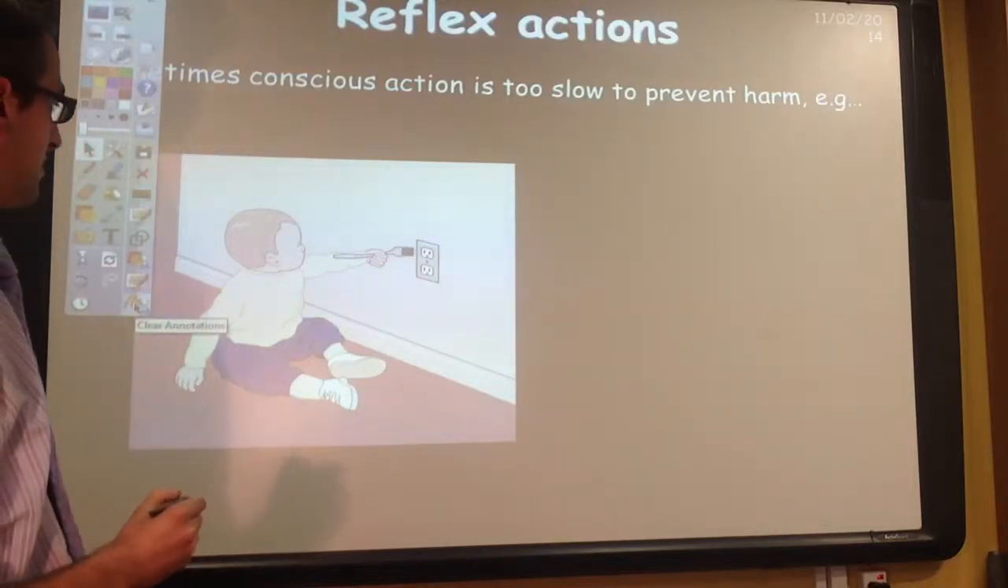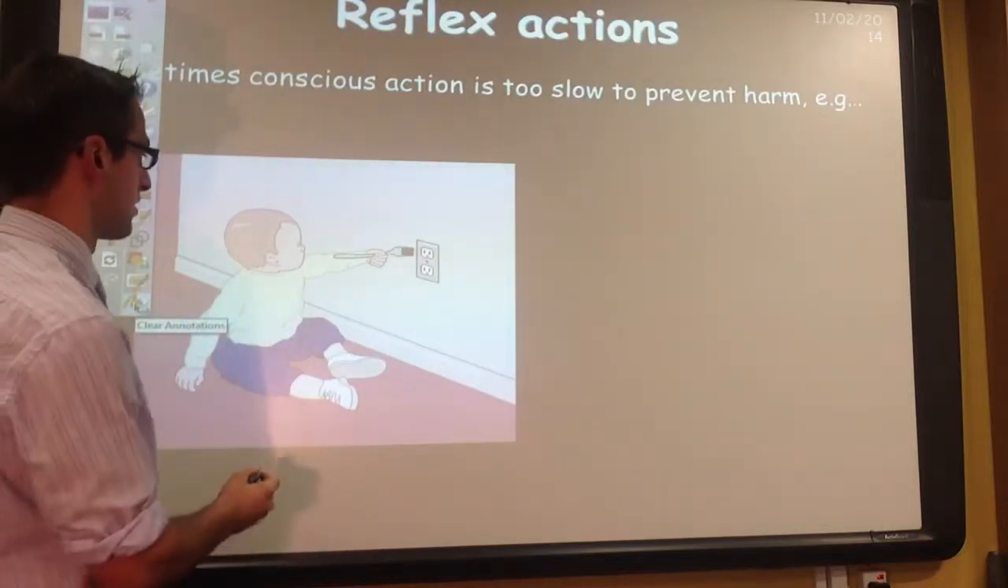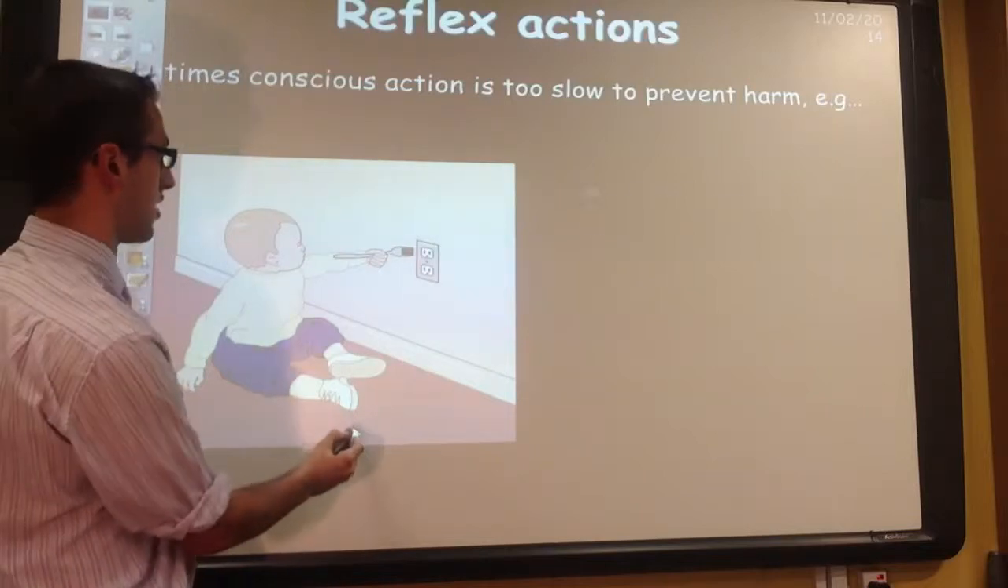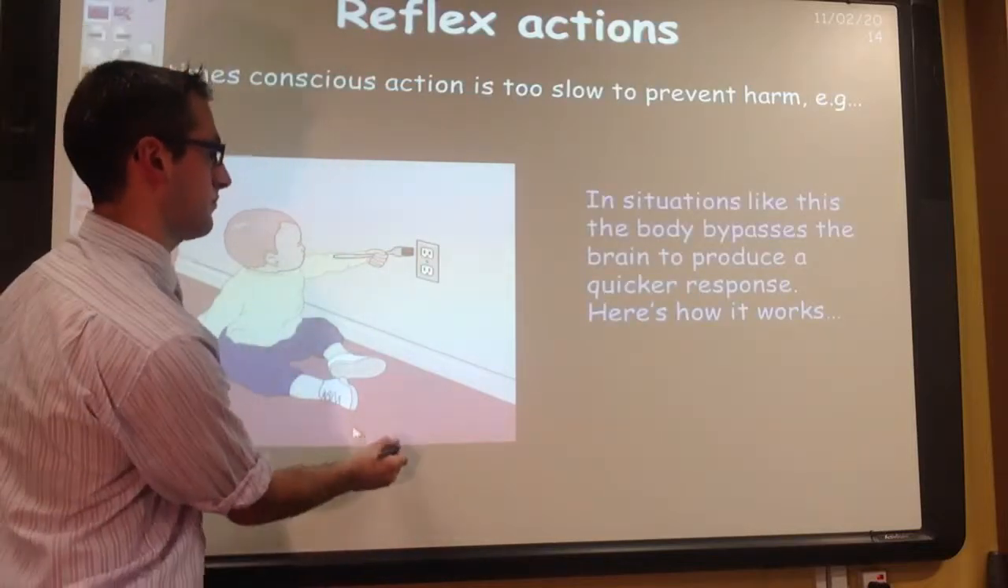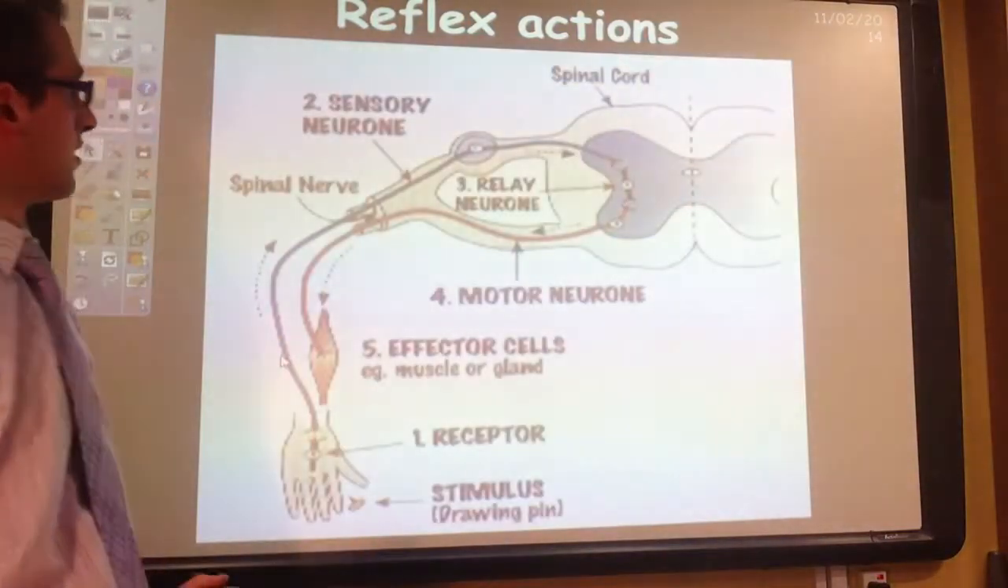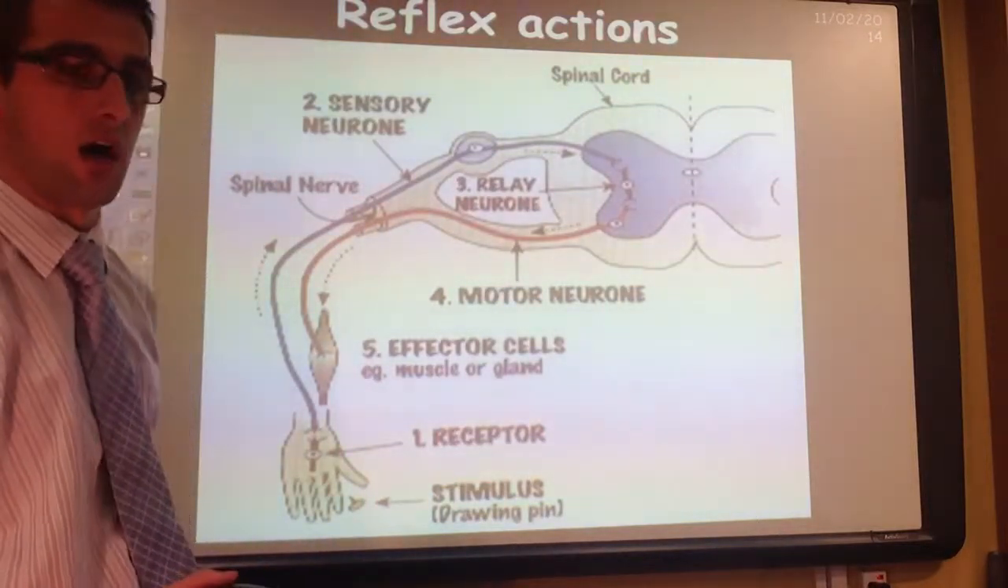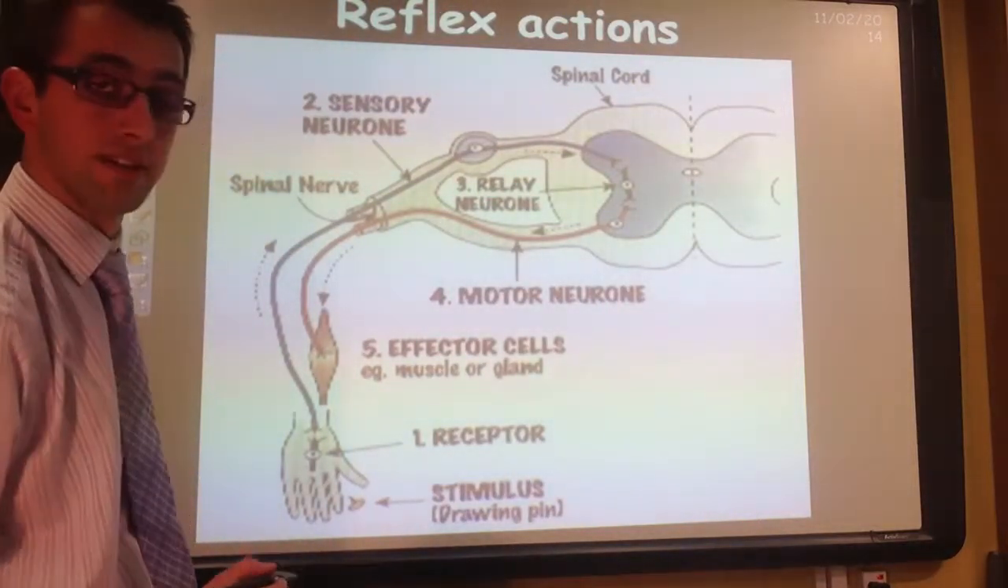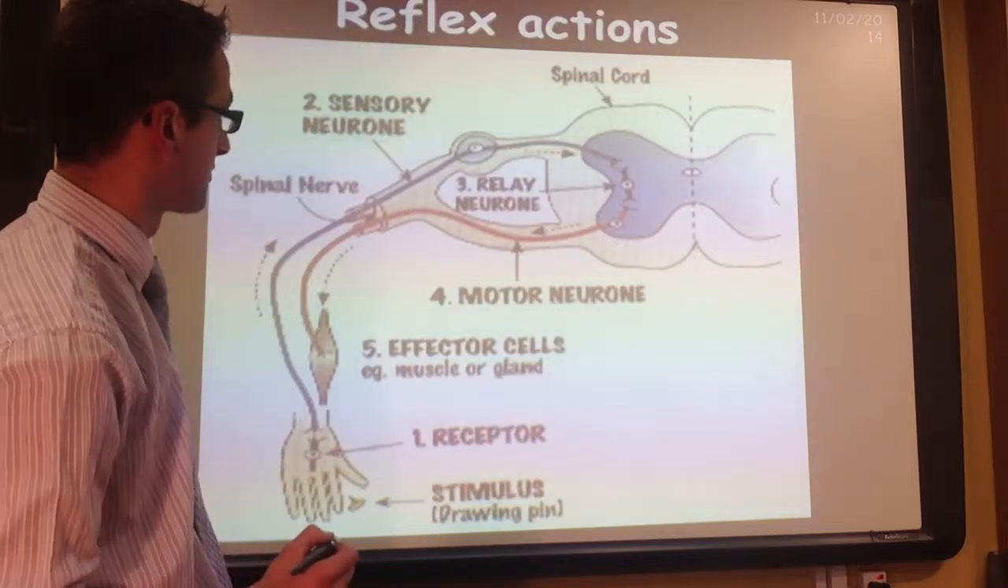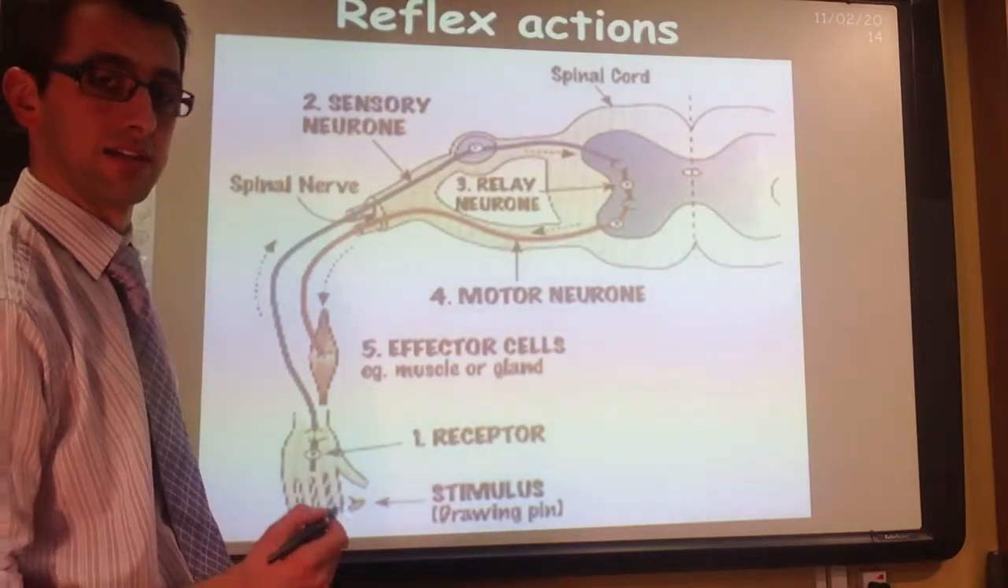So, for example, here's a child about to stick a fork into a plug. They need to know to avoid doing so. This is the reflex arc, the action pathway. It's very important for you to know it, to be able to label one of these and describe exactly what